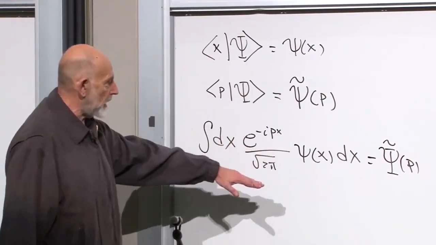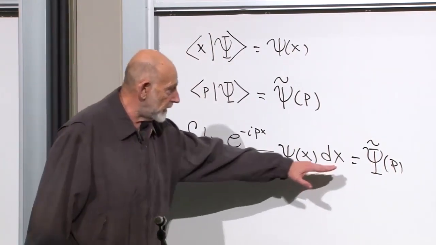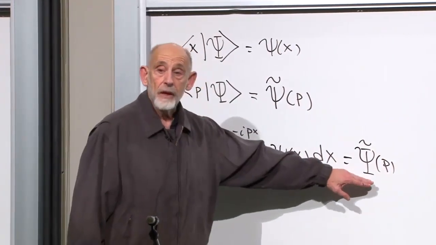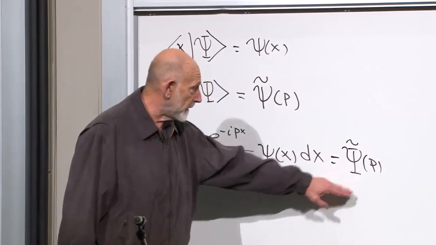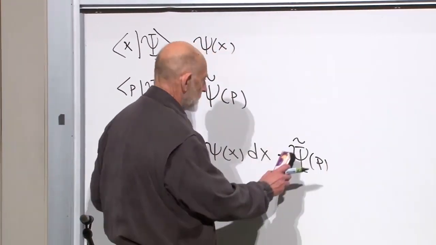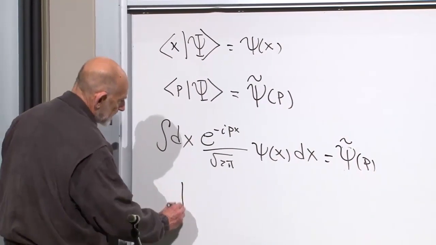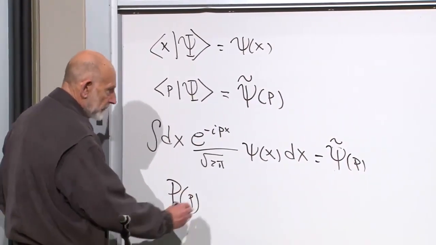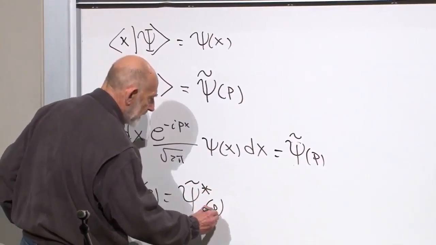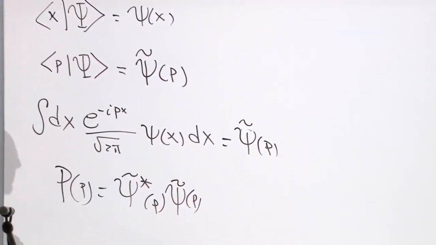What this says is, if you know the wave function in the position basis, you know everything. That's enough. In fact, you can recover the wave function in the momentum basis, and also the probability to find the particle with different momenta. I've abused the notation. This shouldn't be a capital psi here. This should be a small psi. It's a wave function. And of course, the probability to measure a given value of momentum is just psi twiddle star of p times psi twiddle of p.